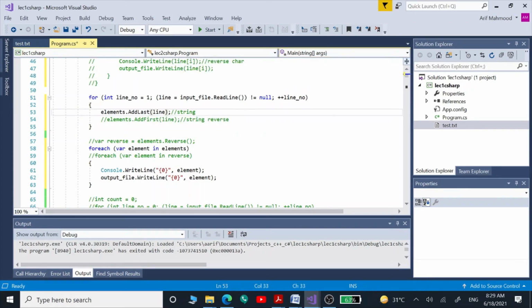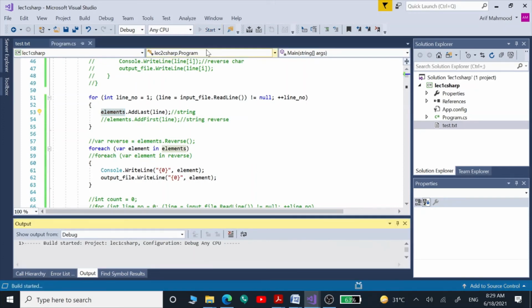So this is the add last function which we are going to call on this linked list so that we can store those strings in the straight order, because in the case of linked list in C# we can put those in straight order into our linked list as well as in reverse order. So this is the add last function which is going to put those elements in straight order inside our list.